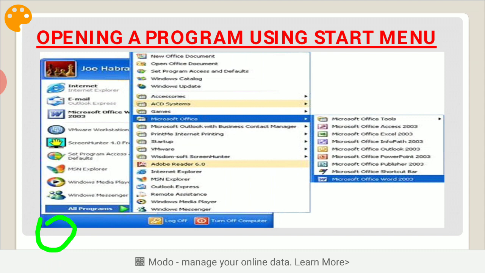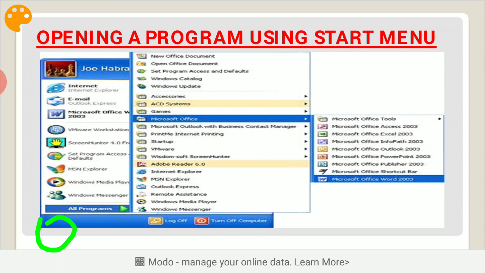So how can you open a program? Suppose you want to open MS Word, meaning Microsoft Word. So what is the process to open Microsoft Word? Yes, click on the Start button, then click on All Programs, which are the programs present on the hard disk.